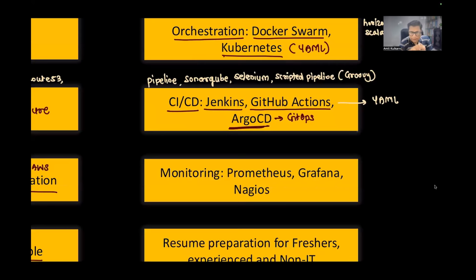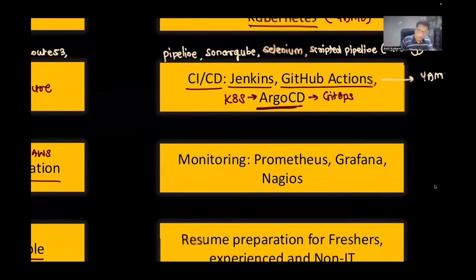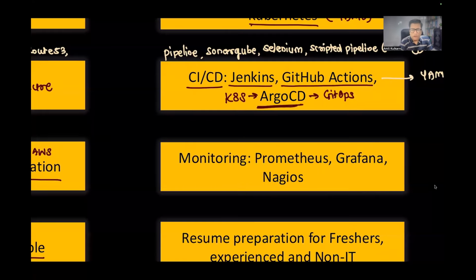Okay. So again, in the CI/CD pipeline, Jenkins, GitHub Actions, and Argo CD, three tools we'll be talking about. This is especially needed when you have K8s, that is Kubernetes, in the picture. When you have Kubernetes, you will definitely go for Argo CD. So that's the automatic deployment strategy we'll be using here. This is called the CI/CD pipeline: continuous integration, continuous delivery, or continuous deployment.